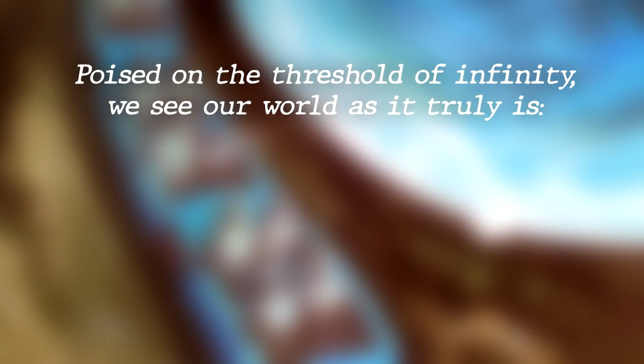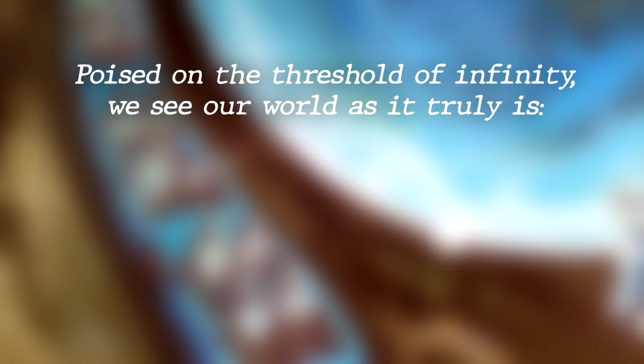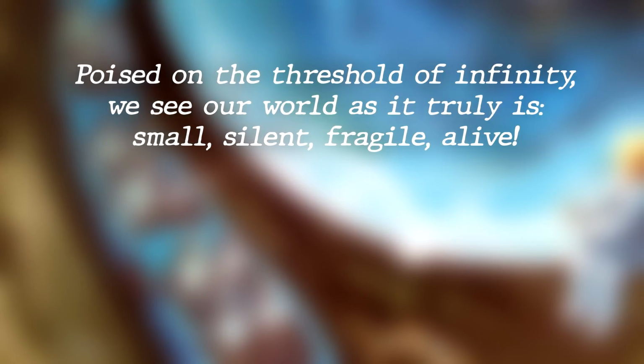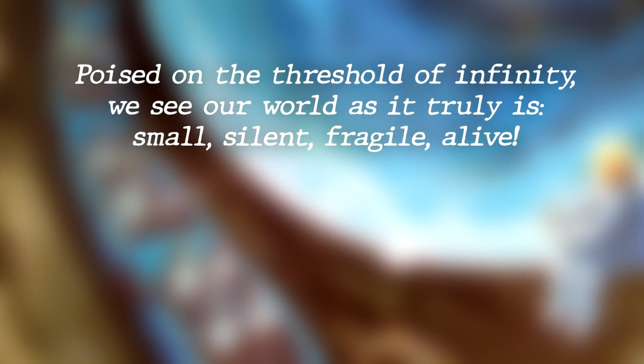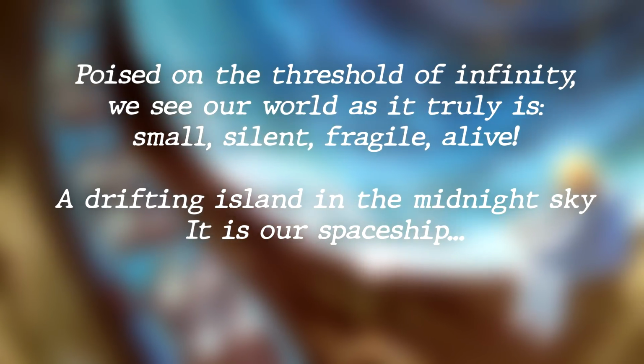Poised on the threshold of infinity, we see our world as it truly is. Small, silent, fragile, alive, a drifting island in the midnight sky. It is our